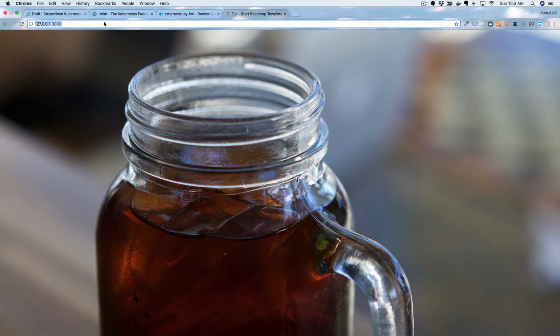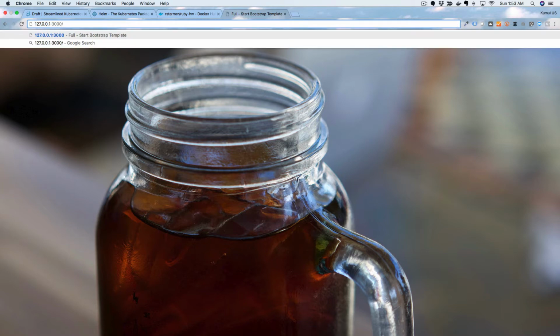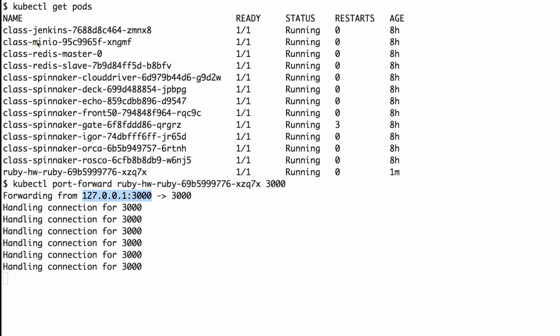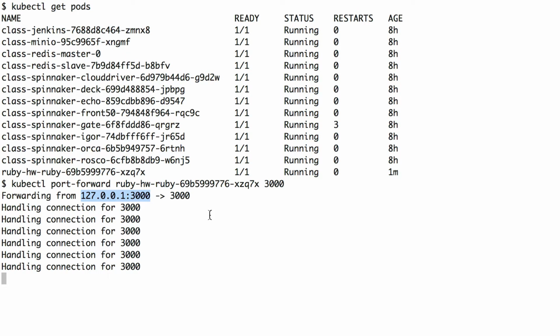If we go in here and we add a parameter, so this was looking at how the Ruby app works, we can say Bob, and what we should see is now it says hello Bob, which is perfect. This is exactly the kind of functionality that we were looking to implement within this little application, and it works. One of the things we can do though, and one of the reasons that I really like the Draft tool,